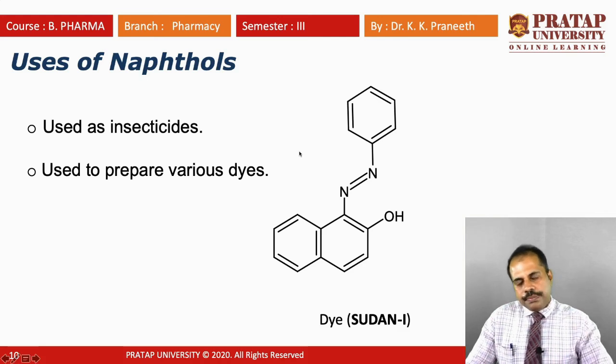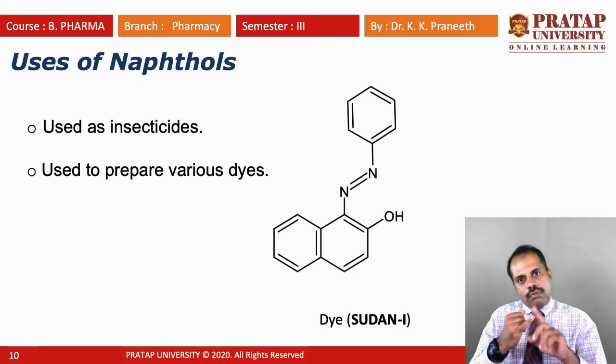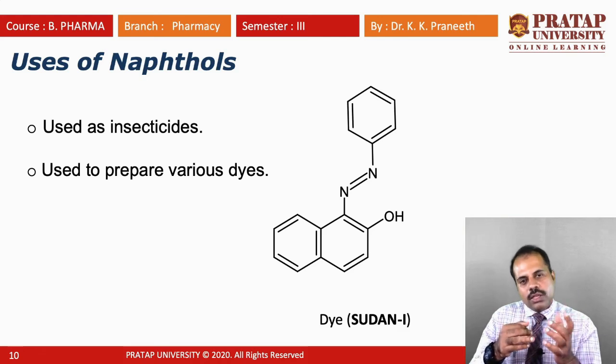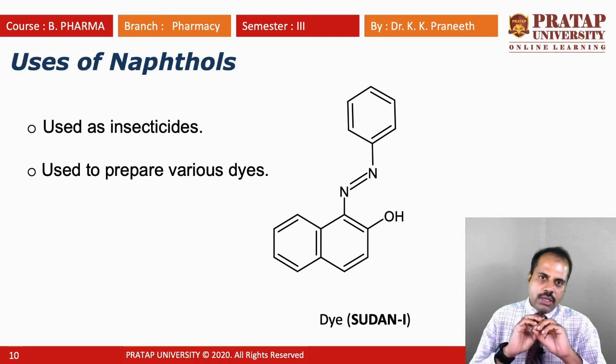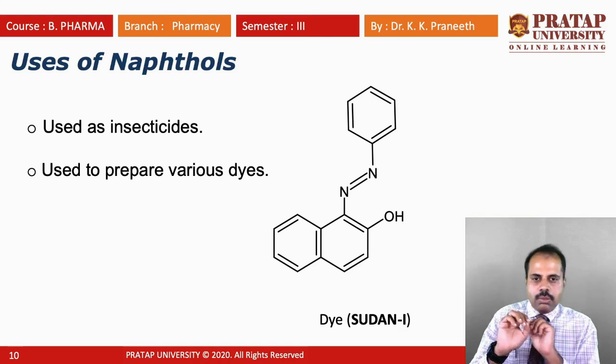So far we have seen different uses of phenols, the derivatives of phenols. Under the derivatives of phenol we have seen cresols, right? Orthocresol, metacresol, paracresol, and also we have seen resorcinol, the uses, structure, and finally we have seen the naphthol also. Naphthol, their structure and their uses. I hope it's very clear for everyone. I have given important examples, important uses, important structure of the chemical which is used for some particular purpose.